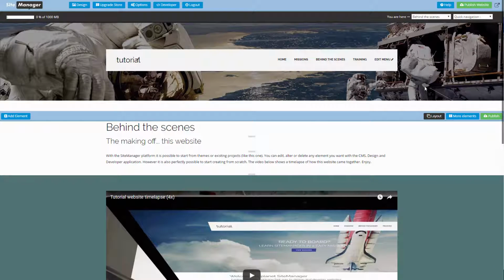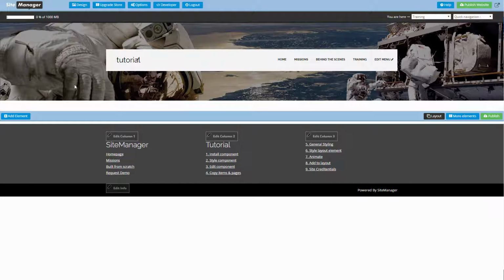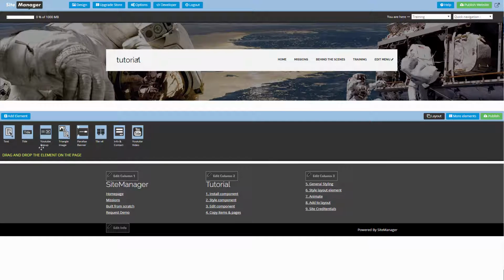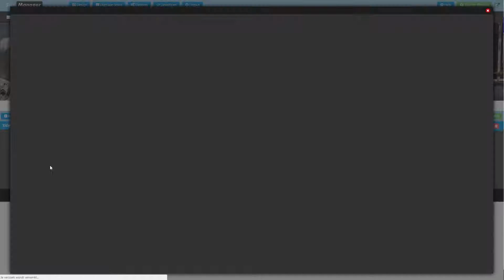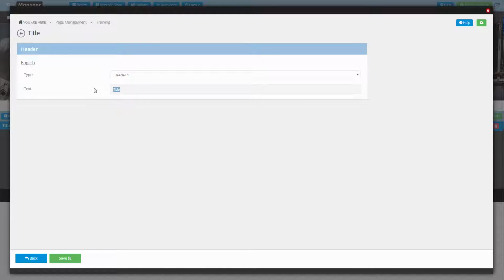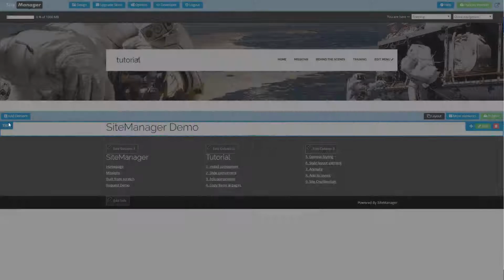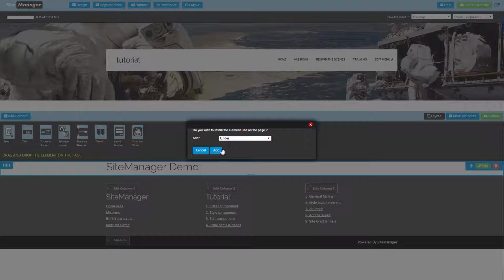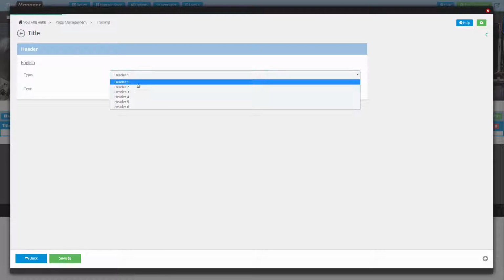So there's one more page we have to do, which is the training page. So we click the training page here, or we can also select it here. If, for example, we have a website with an invisible page, it would not show in our menu, but we would still be able to go to edit it using this selection. We're gonna start by adding the title of the page, which is Site Manager Demo, and we're gonna add a title below, subtitle, header 3,